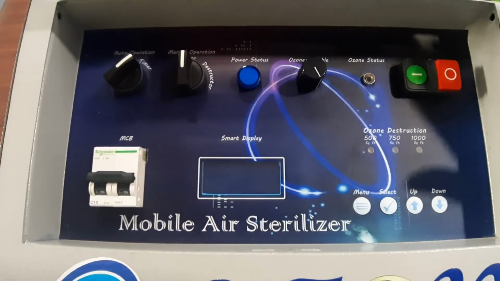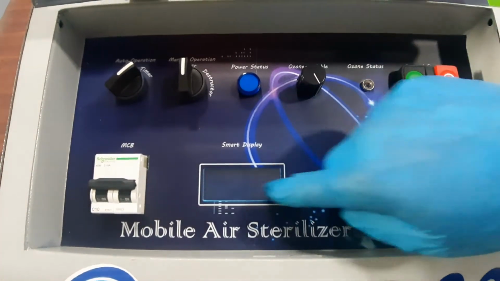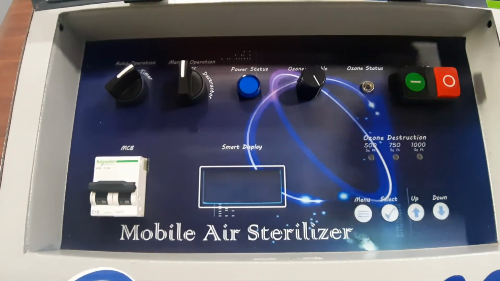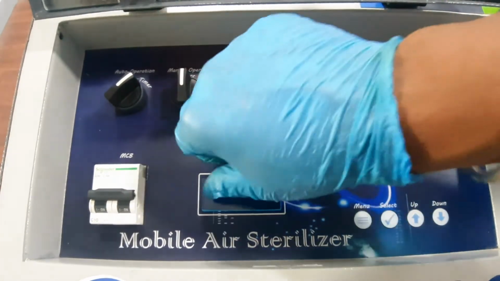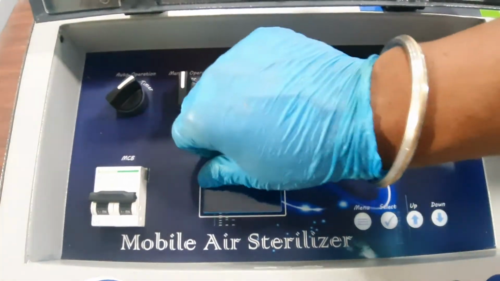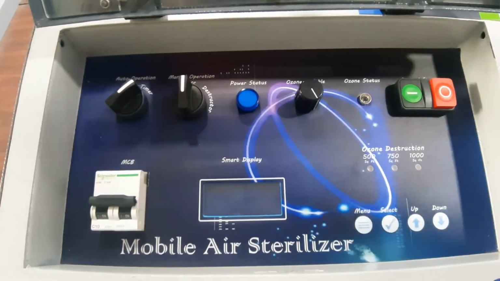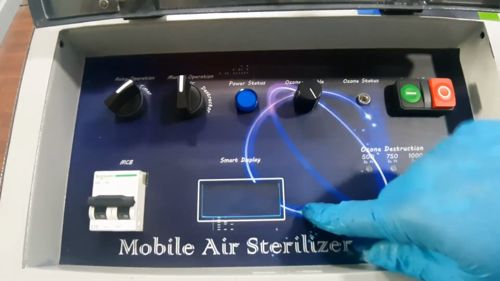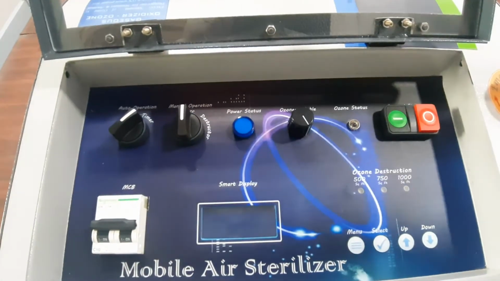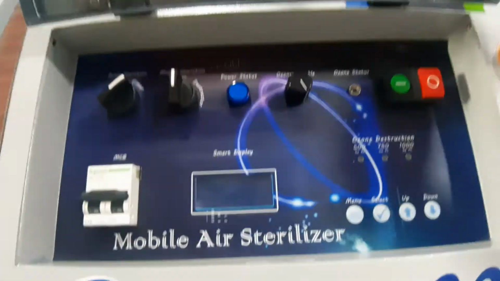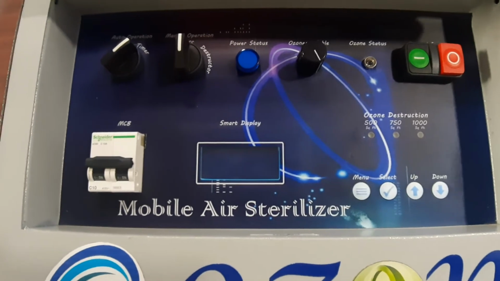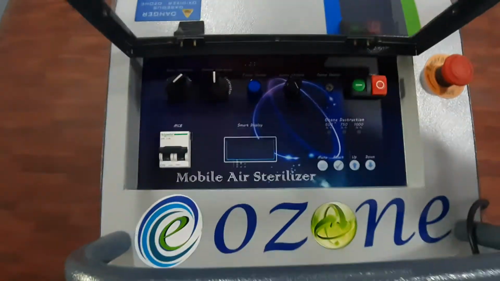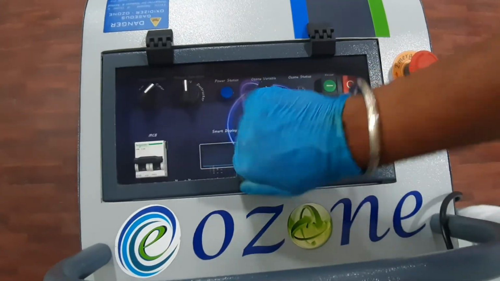Likewise, if the distraction process is on, you will get a display for that. After completion of the distraction, it will indicate process complete, air treatment process complete, sterilization process complete. Like that, the display will show. After that, it gives a buzzer alarm. After hearing the buzzer alarm, any person can enter the room, unplug it, and take the machine out for the next job.